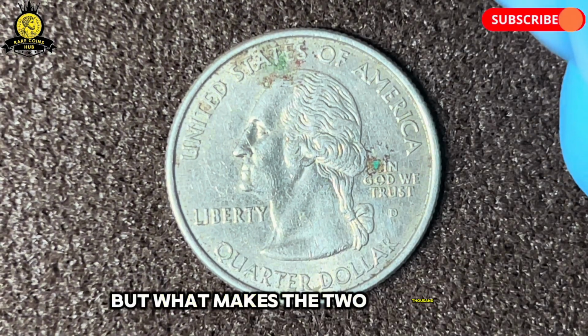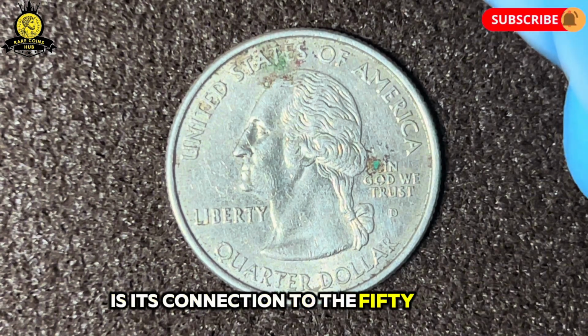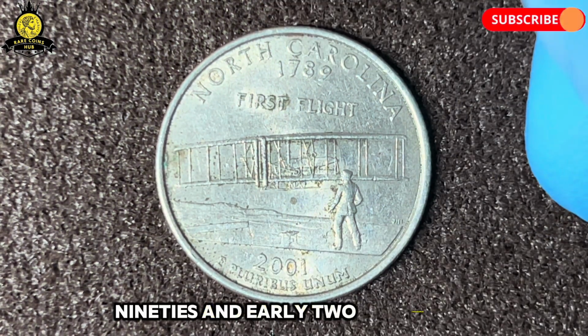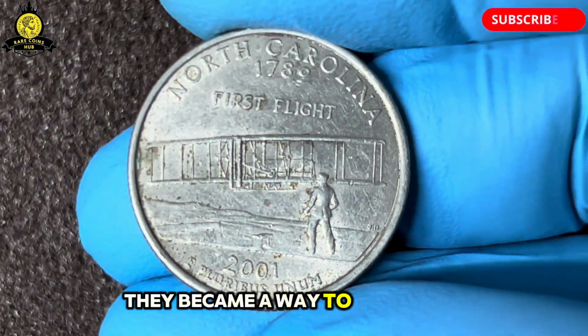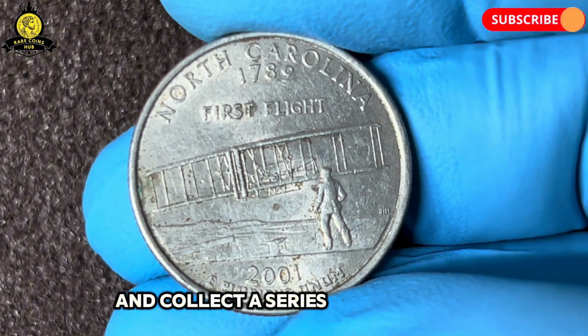But what makes the 2001 North Carolina quarter even more intriguing is its connection to the 50-state quarters program, which brought a fresh wave of interest to coin collecting in the late 1990s and early 2000s. For many, these quarters became more than just change in their pockets. They became a way to celebrate American history, learn about different states, and collect a series of coins that would